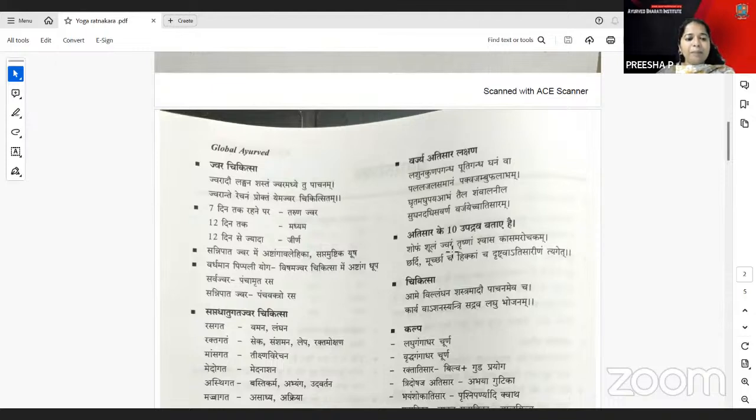And you have the Sannipata Jwara, Ashtanga Avaleha, and Saptamushtika Yusha. The Saptamushtika Yusha is very important because it was once asked, like it can be given in which condition, like that the questions can be asked here. Then you have the Sarvajwara Panchamrita Rasa, and Sannipata Jwara, Panchavaktra Rasa is also asked here.